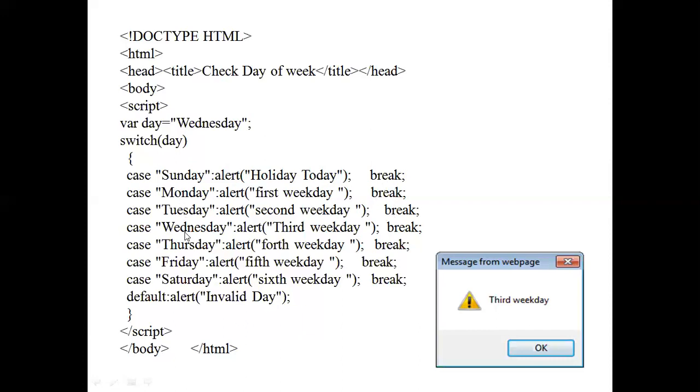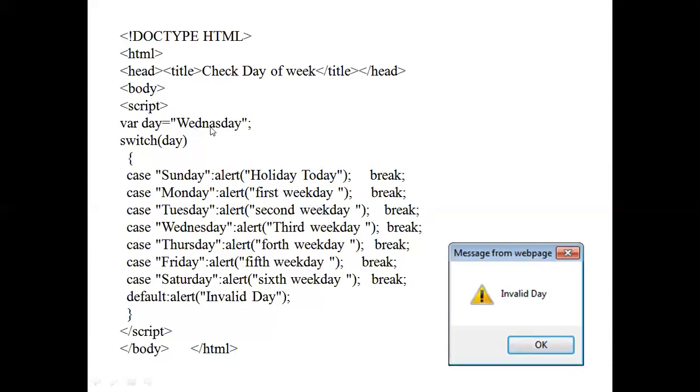And when it reaches Wednesday, there is a match here. So it will display this alert in the box, Third weekday. This output will be given and the program will come out. So these other cases are not going to be executed. Now in the next program, I'll execute the same program, but here I'll make a mistake.